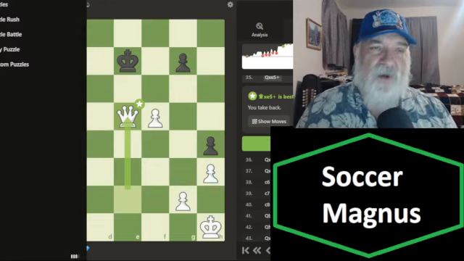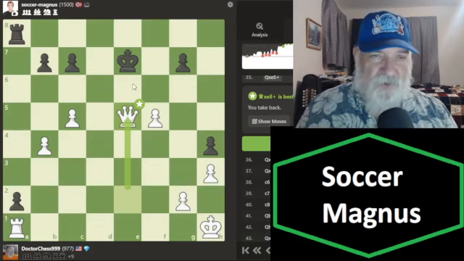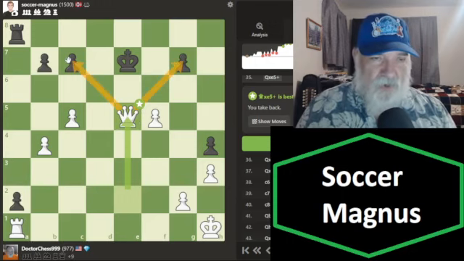So pawns are equal, but I have a lot of extra stuff going on here. So I have a choice. I can go here and take that free pawn. Either way puts him in check. Or I could get my